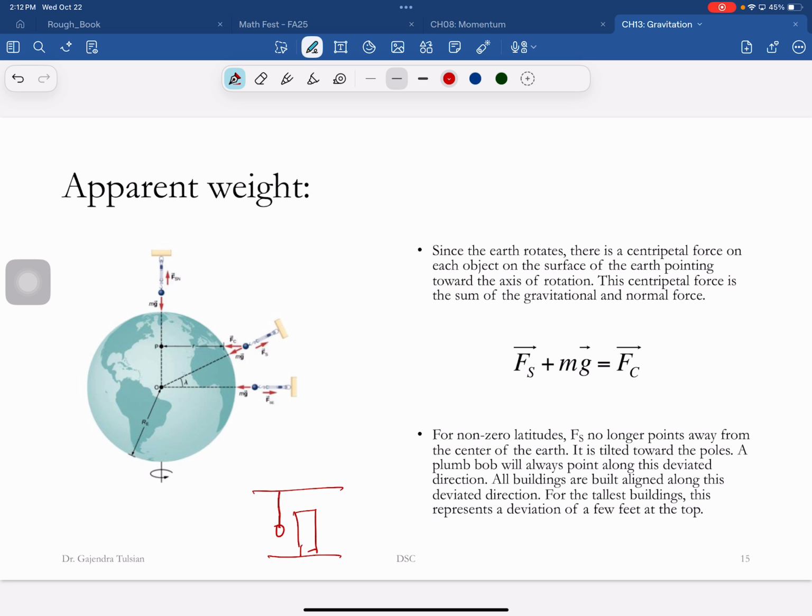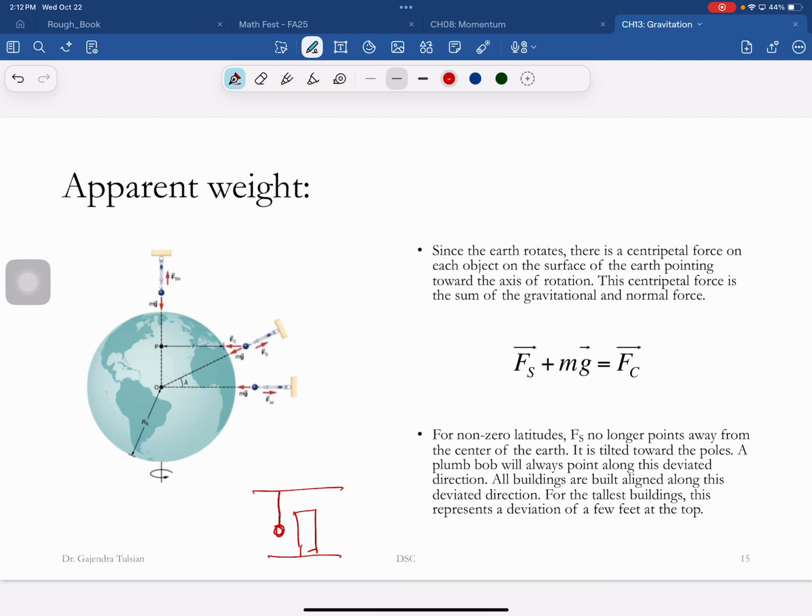Now let's look at this. Let's say you're building something in New York. The Earth is spinning about this axis, and New York is going in a circular orbit like that. I'm not going to go through the calculation here. If you're at the equator, remember you're going at 1,000 miles an hour. If you're in New York, the circle is smaller. It's still taking you 24 hours, so you're going at maybe 800 miles an hour. It doesn't matter. But here's the center of the circle.